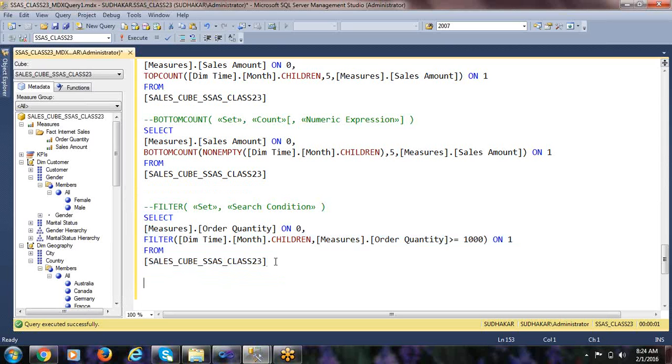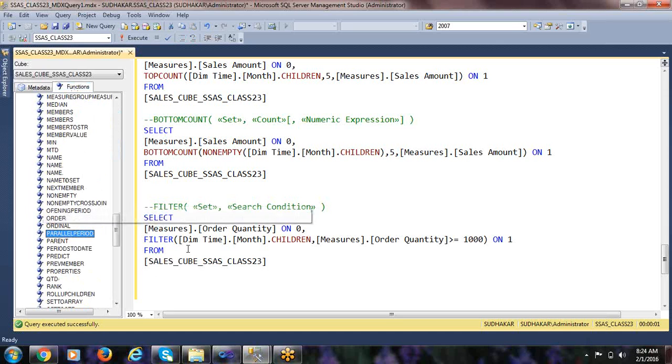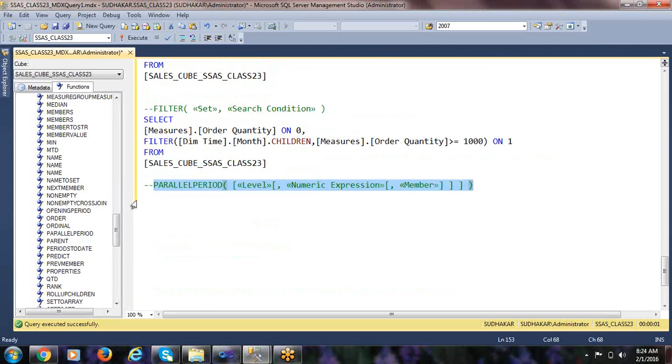Now, let's come to the important function, let me show you that. That is the parallel period function. Yeah, correct. So the parallel period function is related to time hierarchy. How do you know whether it is related to time hierarchy or not? See, the parallel period function always goes to